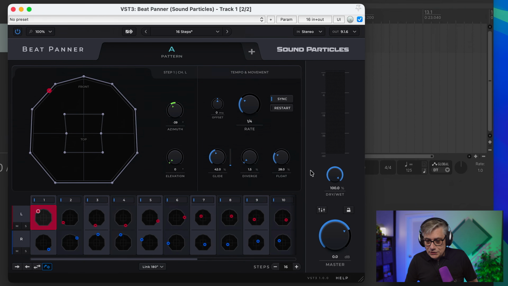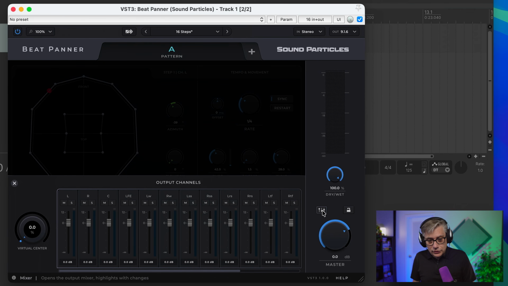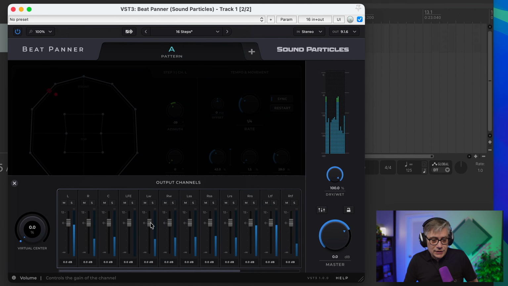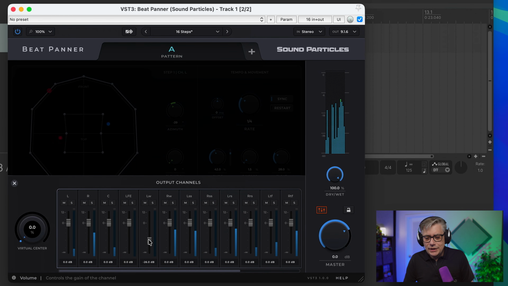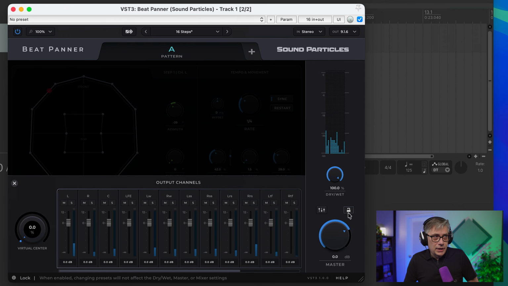A couple of additional options. We have a dry-wet knob here that allows you to mix in some of the dry signal if you want to. We have a mixer knob that allows you to mix the output channel. So if I want to, for example, reduce the left-wide signal a little for whatever reason, I can do that. And then I have a lock knob, and that lock knob essentially just means that you're locking in whatever's in the output section. So only the dry-wet knob, the master gain, and the mixer settings. That will make sure that when you're switching presets, the actual output options are going to be the same. So this is not locking the entire preset, it's just locking the output section. And that's actually really nice.